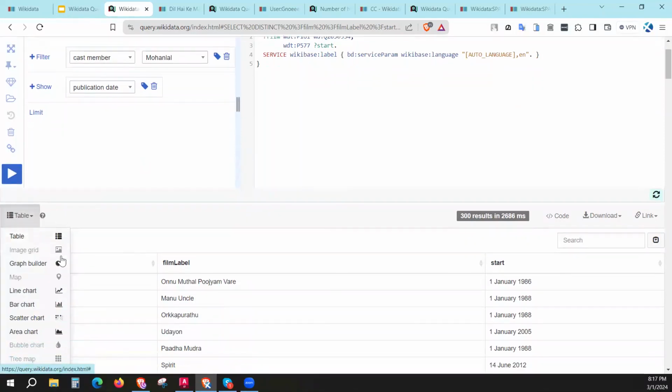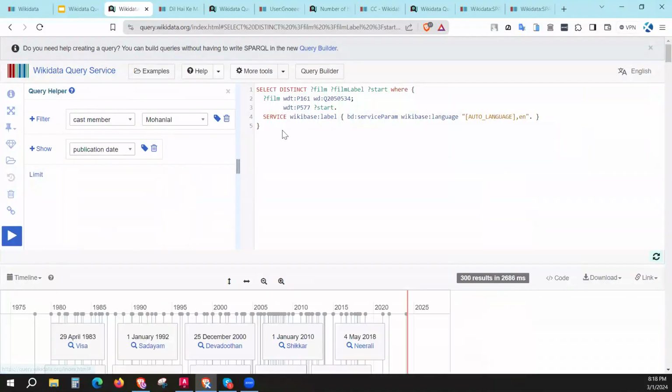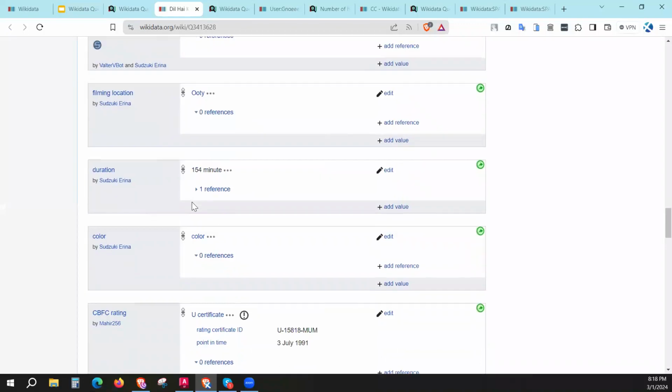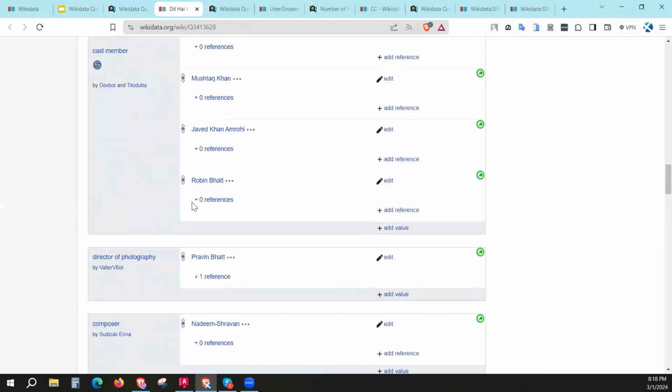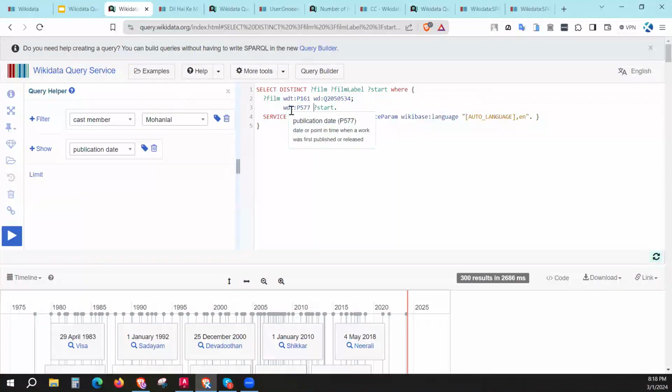So if you click on this timeline option over here, because we have added our time period over here, if you go to that movie, you can see a Wikidata property, the publication date of the movie. So if we are calling this Wikidata query, we need to get only the Wikidata statements of the cast films that have been added for the person Mohanlal, with a start date, a particular date. So if we change the